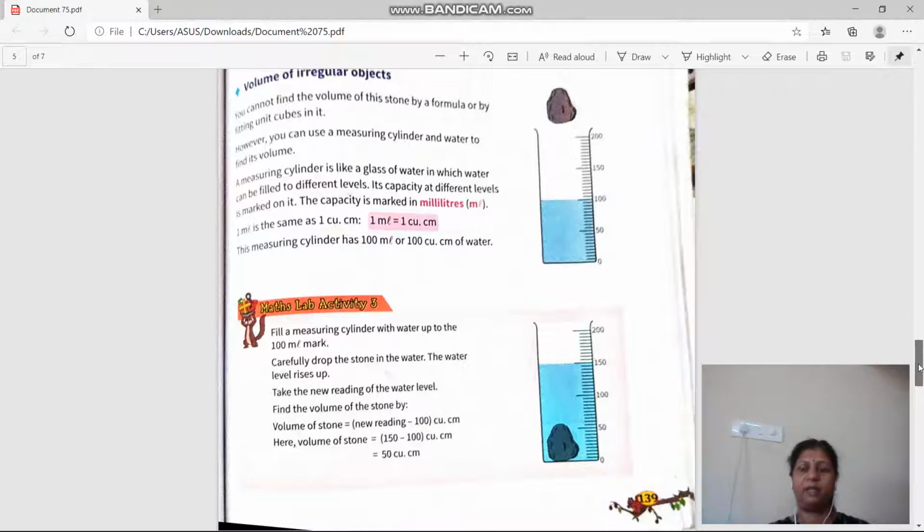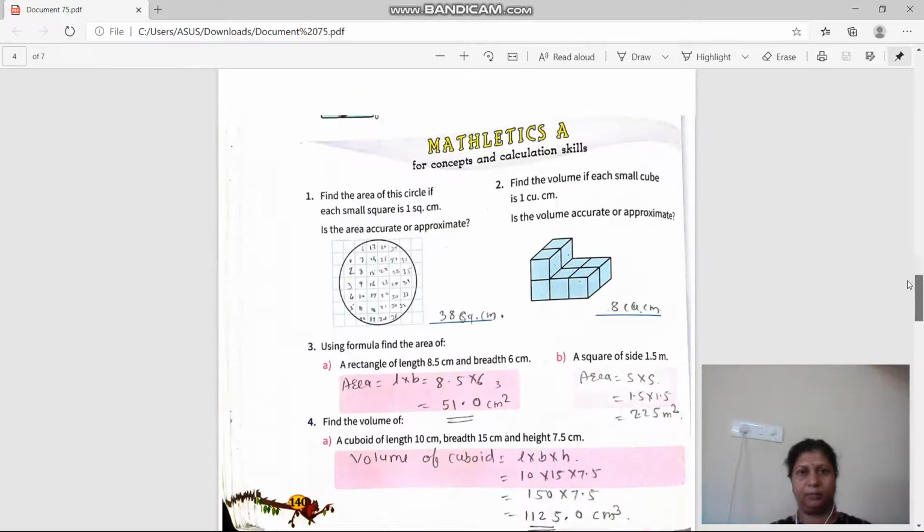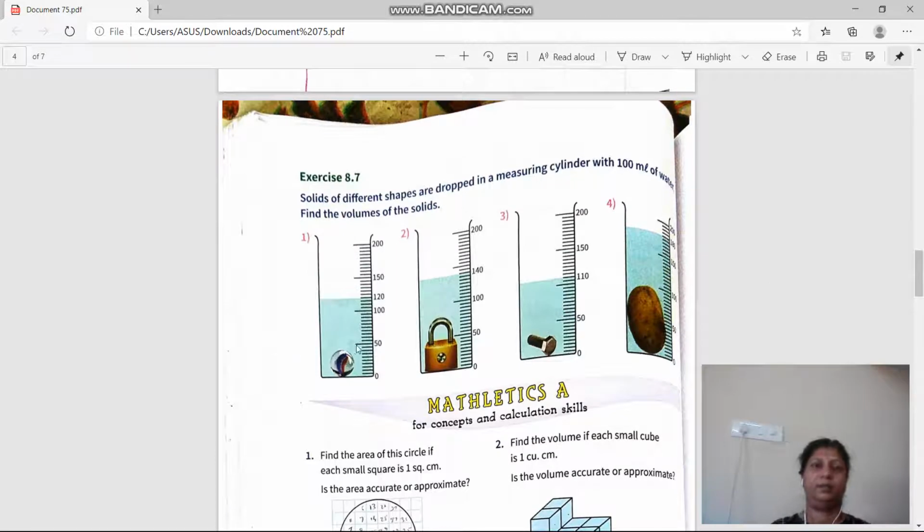So does everyone understand how to calculate the volume of a given irregular shape? Fine. Now see these examples. This one. Okay. So this is, I think, a marble, right? This is the marble, and we have to calculate the volume of this marble. I have calculated it in the copy, I will show it on the screen, but first of all we understand one by one. Okay, so this is the marble. So just read the question.